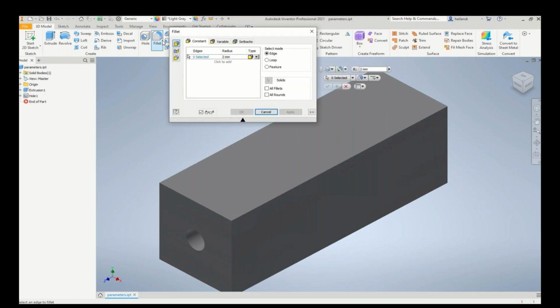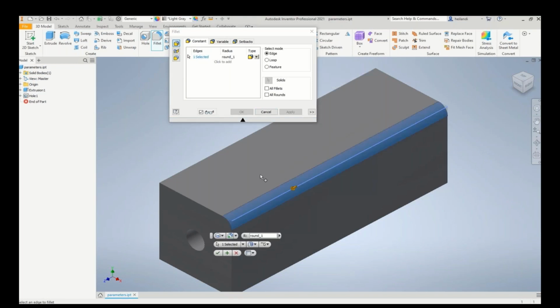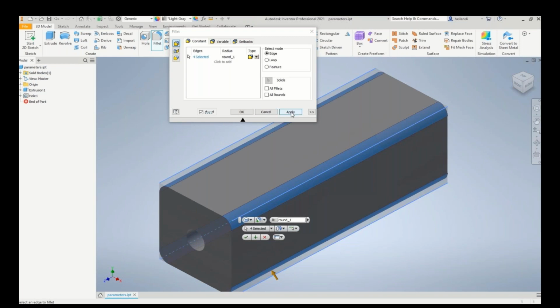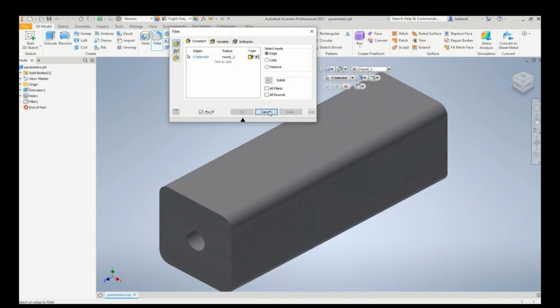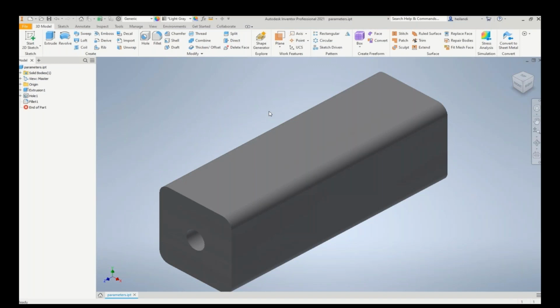I'm going to start and create a fillet. In the arrow drop-down list, I'm going to pick List Parameters. You will see round underscore 1 there at the top. I'm going to choose that to be the equation. Note that you cannot have any of the parameter names with a space in it, so you need to use an underscore. Okay, I chose the 4 long sides